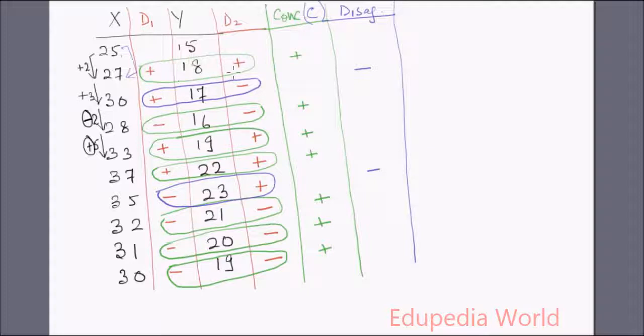Now if for x as well as y, that is if the deviation of x and the deviation of y both have the same sign, whether positive or negative, I'll mark the concurrence column with a positive sign. If they have a different sign, I'll not do anything here, but in the disagreement column I'll mark that with a negative sign. So a difference in sign is indicated by disagreements with a negative sign in the disagreement column here. Okay, next,